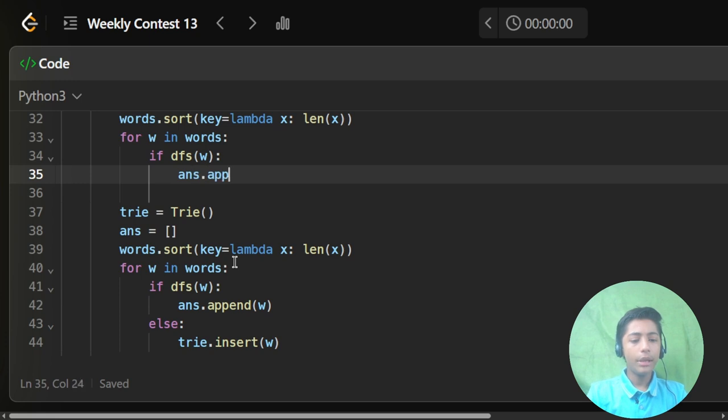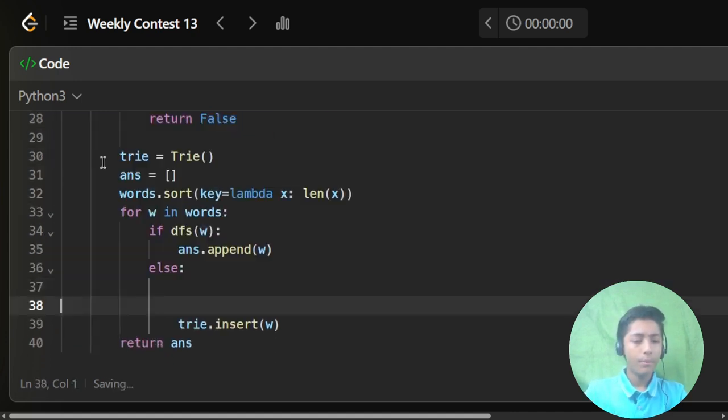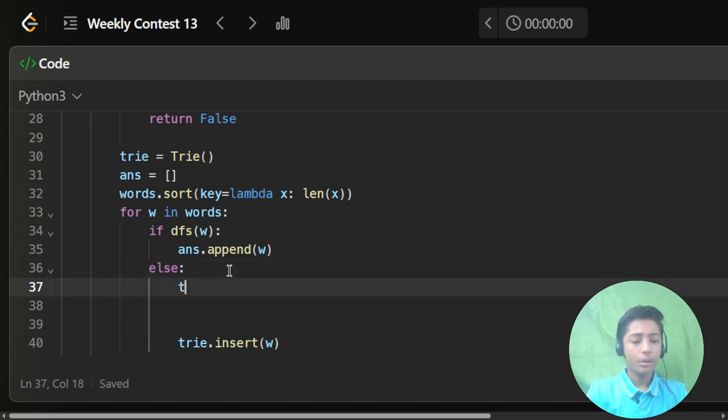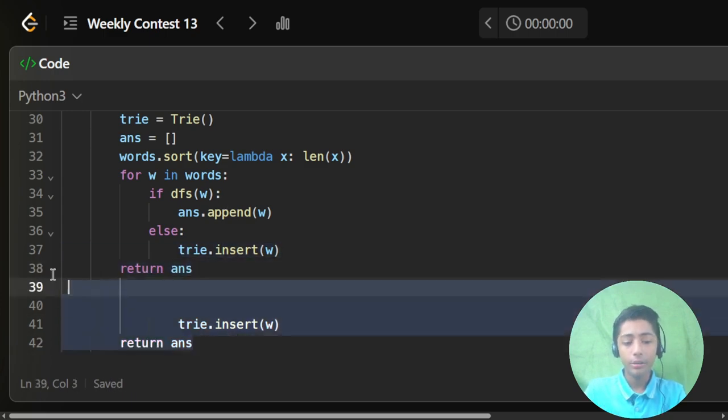Now ans.append. So append, like all the people know, append means it will merge two things together. Else statement, enter. Back, enter. Trie.insert(w), w should be in small letter, must be back, return here means return here answer.